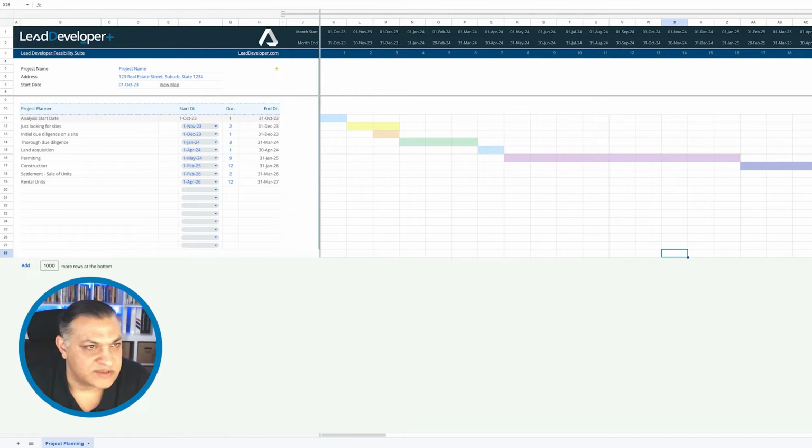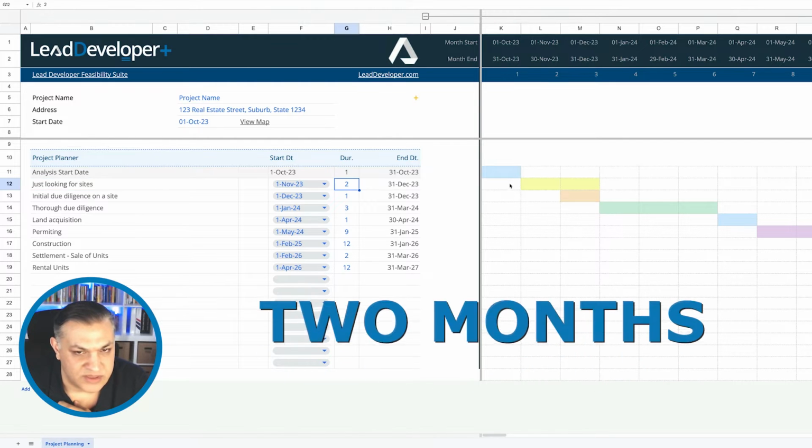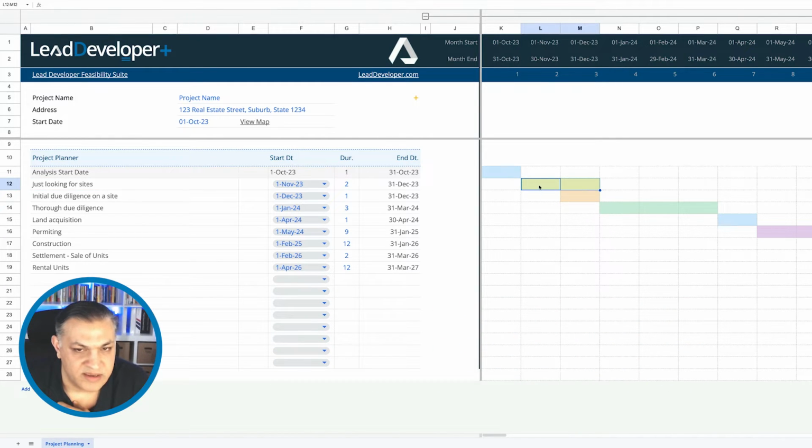So the way this works is that, let me zoom in a little bit. So the way this works is that you basically start with, it'll automatically pick up from the first of the month, and then it just does the things in the background. What you need to do is plan and say, hey, at this stage, I'll just be looking for the sites, and it'll take me 2 months, and it'll show, okay, this is where you're starting. It's going to take you 2 months starting here. If you say initial due diligence on the site might take you another month, and then you can say, okay, let's say you found the site here, but if you want to push this out,